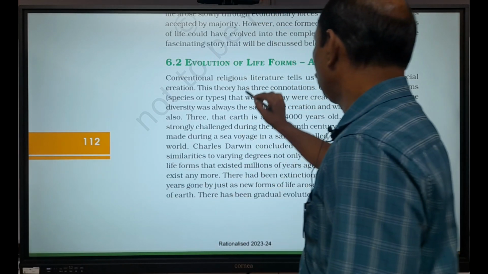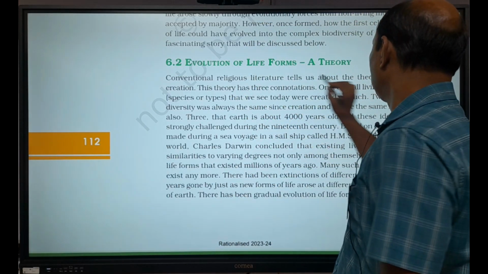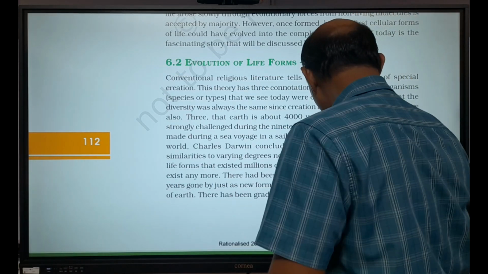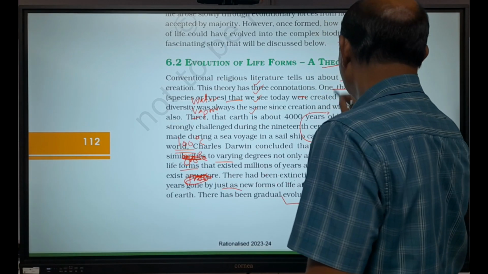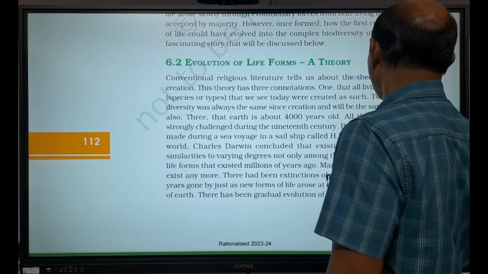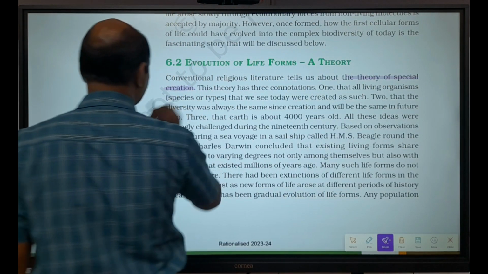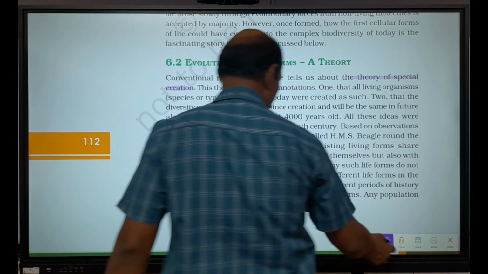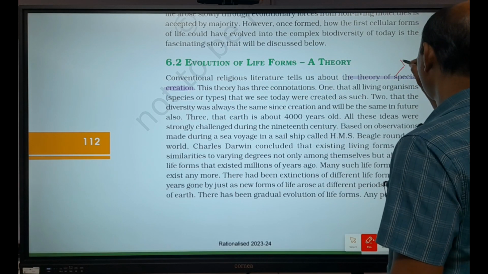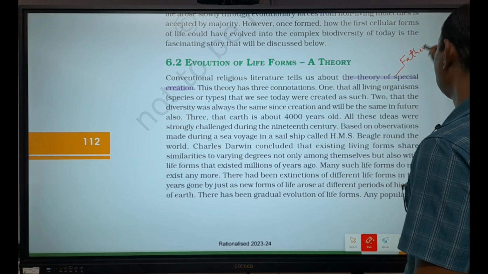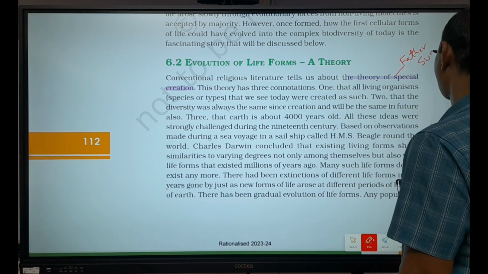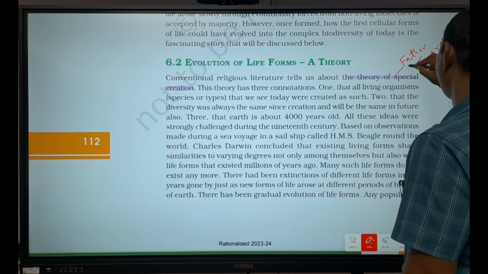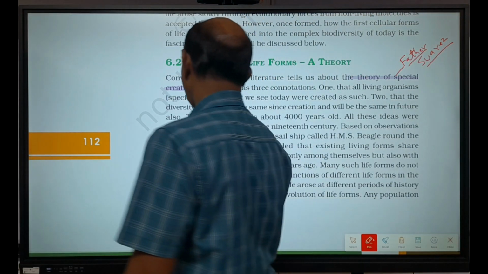That is given here. What is this theory? This theory is the theory of special creation. Who proposed this theory? The theory of special creation is proposed by Father Suarez. F-A-T-H-E-R, Father Suarez proposed this theory. According to this theory,